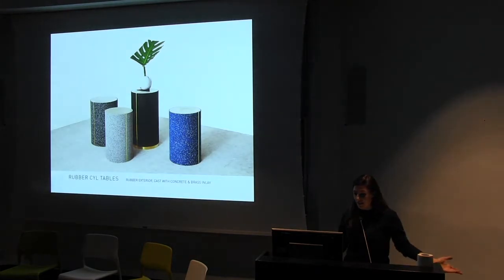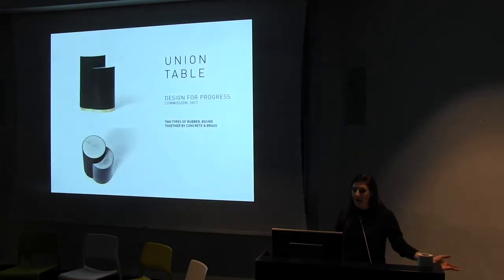So this is the range of colors that we developed as a starting point from the hundreds of colors that exist. And then taking that idea into a more conceptual phase, we were commissioned by an initiative called Design for Progress to donate a piece to raise money for efforts to combat all of the Trump issues